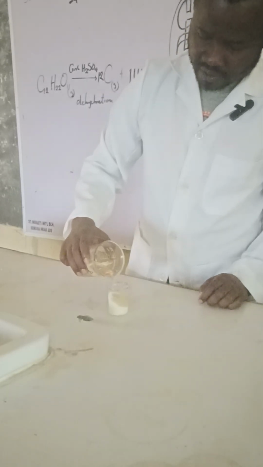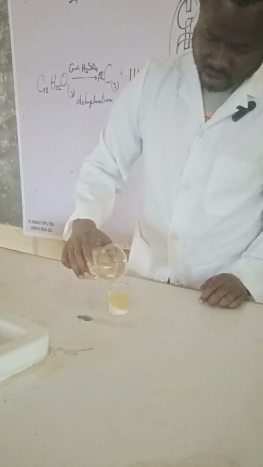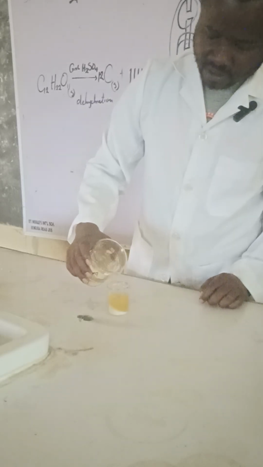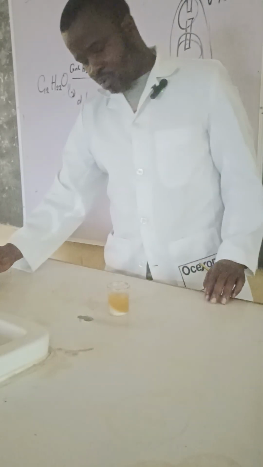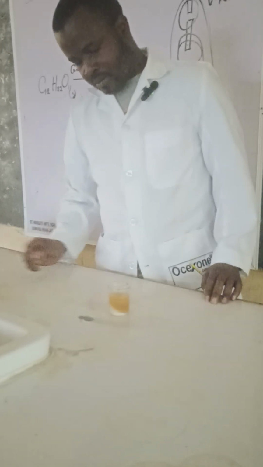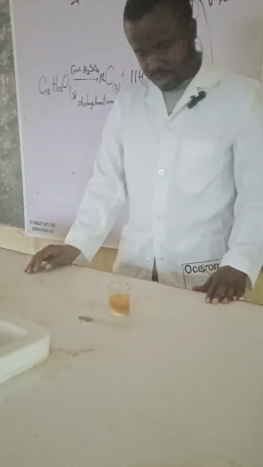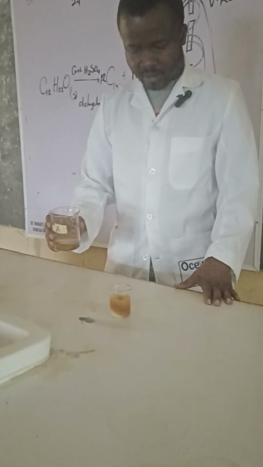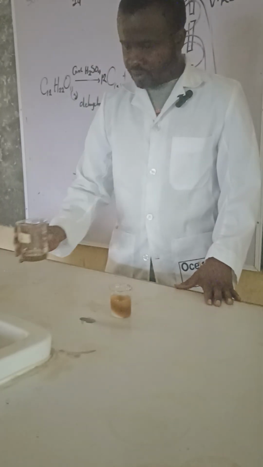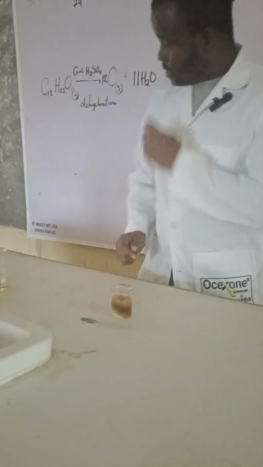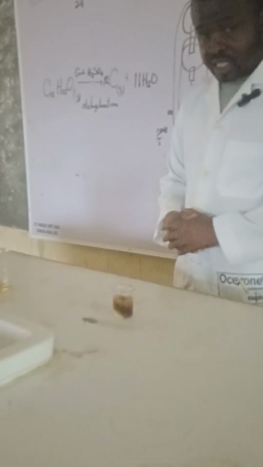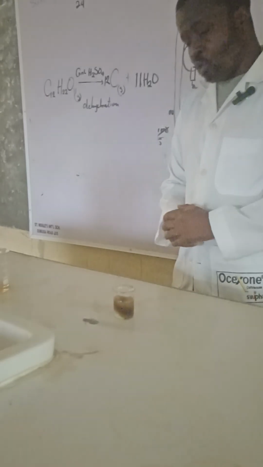Initially this is a very slow process, but later it becomes a fast reaction. It's an exothermic process, so a huge amount of heat will be released. So it changes gradually to carbon, which is an amorphous one. So it gradually goes black